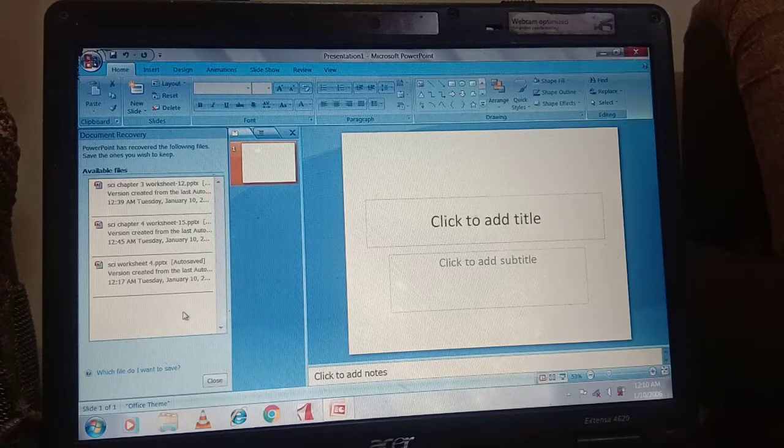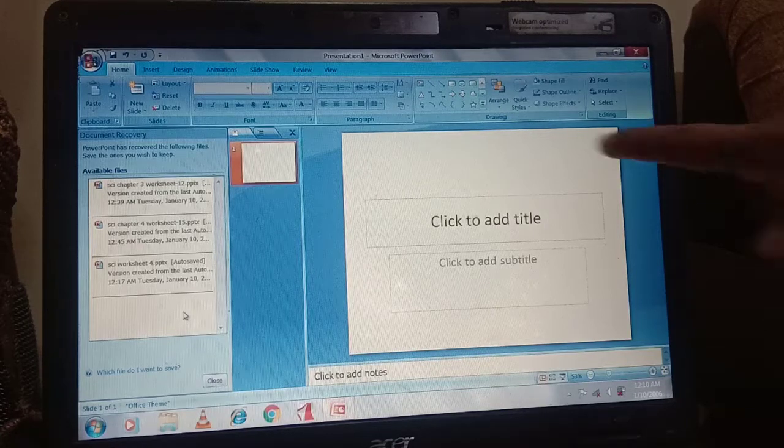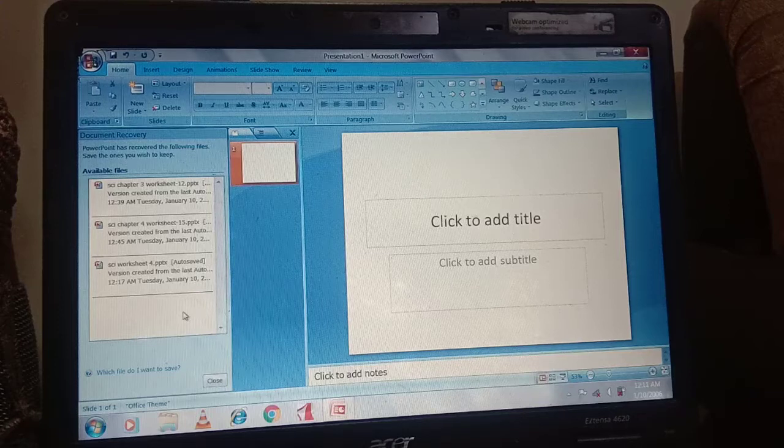Today I am going to explain to you about changing the background color. How to change the background color of a slide. How can you change the background color? Can you see the background color is white here? By default it is white. But you can change the background color of your slide.